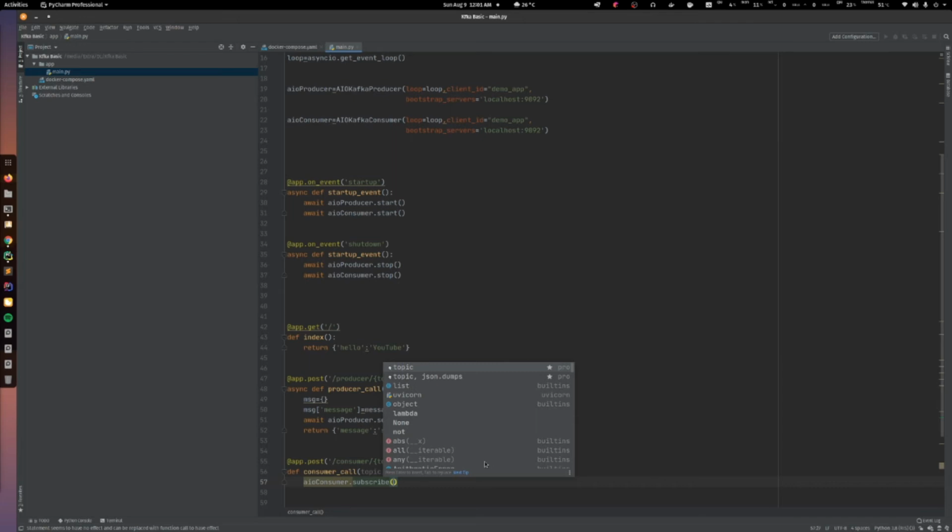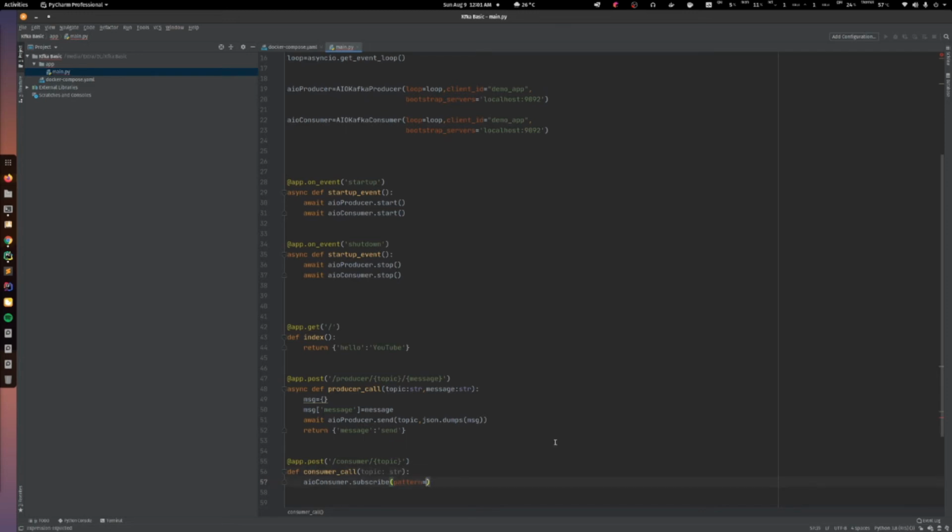So for that, pattern equal to topic plus, so I think I just need to pass a star here. So whatever the next part of the topic is, it will take that input.